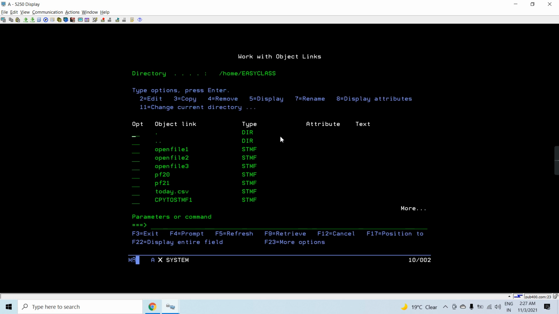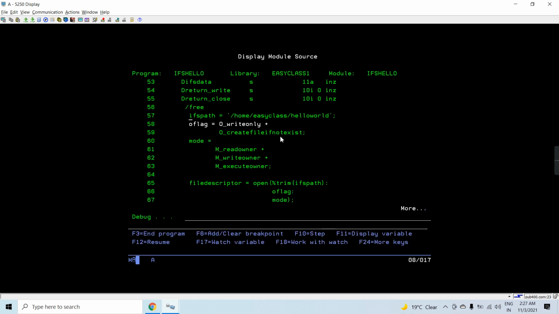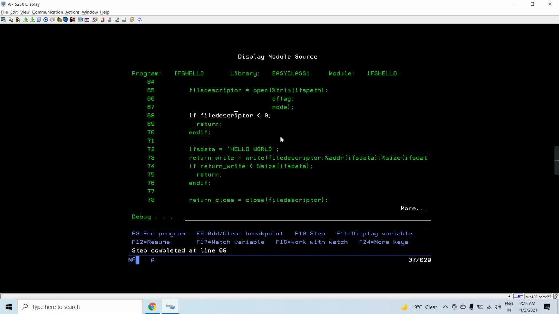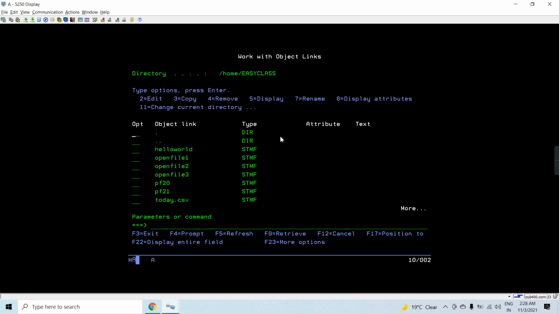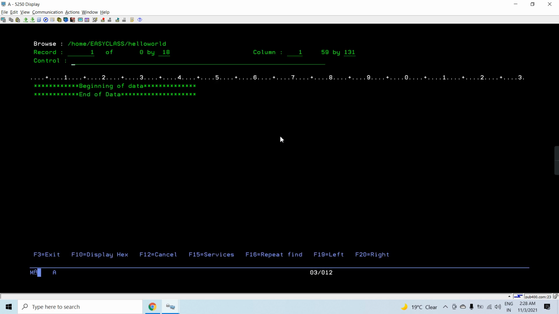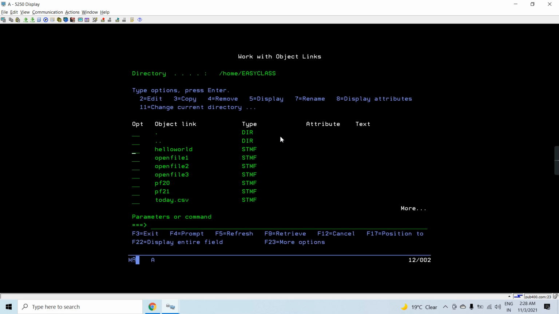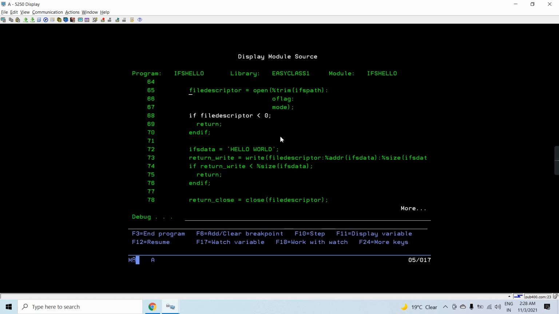Let's see. That file is not created till now, so we are going to create this file by passing these flags. This is the mode, and once we call the open API, we receive a descriptor, that is 1 here. So here if you see, the hello world file is being created, and there is nothing written till now because it is right now opened after getting created by this open API.